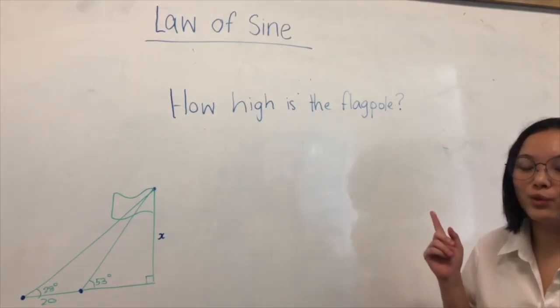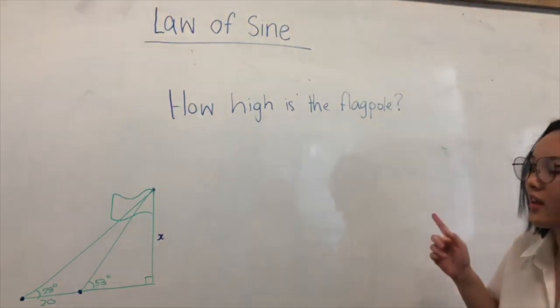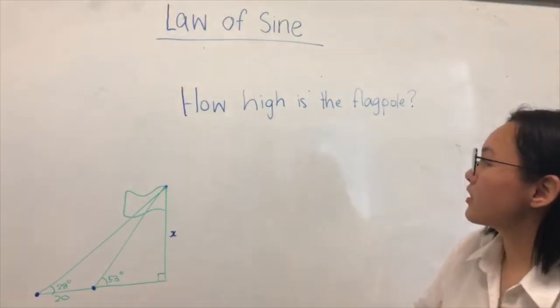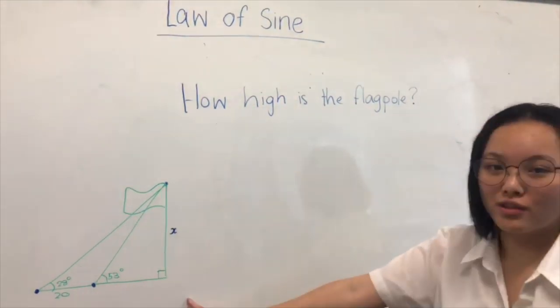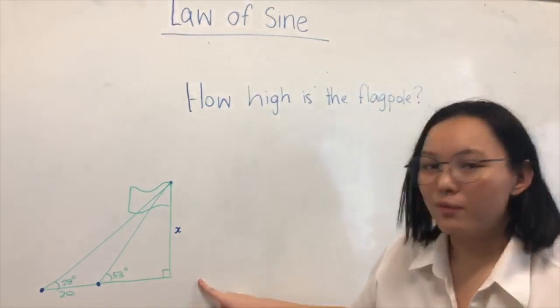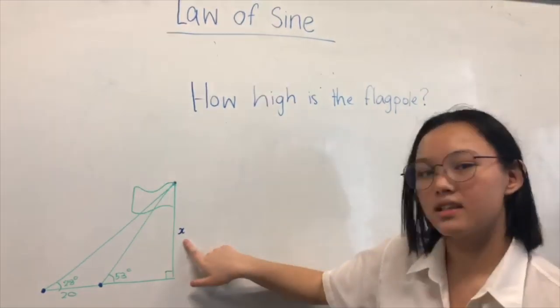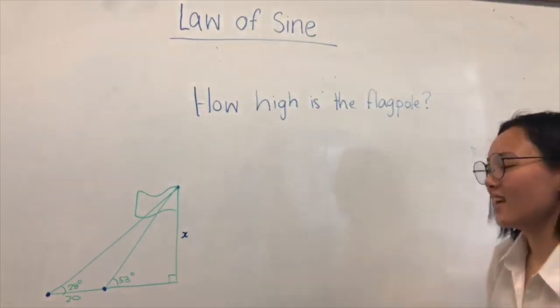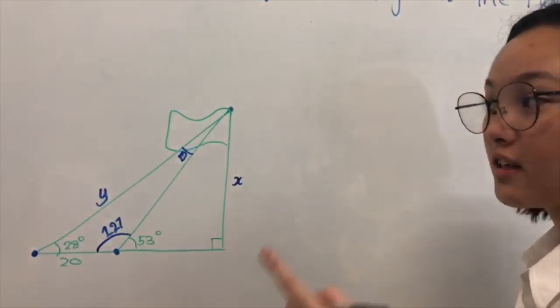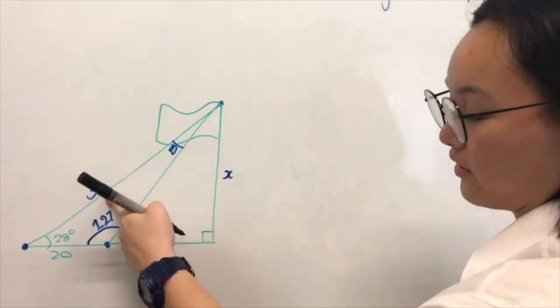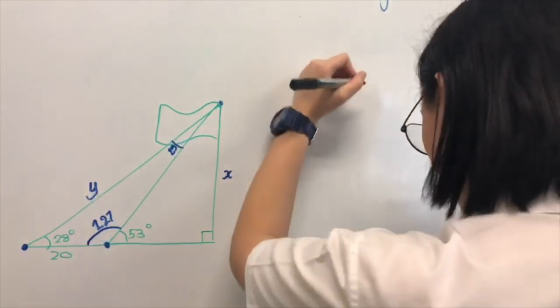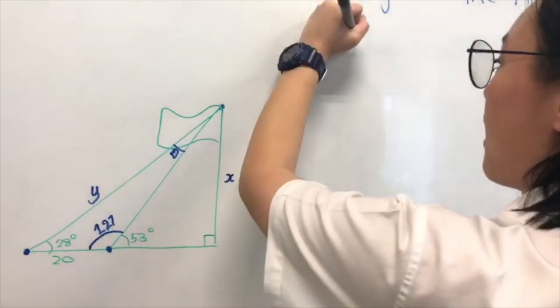So now we will do the last example question. The question is, how high is the flagpole according to the diagram? We will represent the height of the flagpole using x. Let's calculate. Okay, so we're calculating for the y here. As I said, according to the formula, I will use